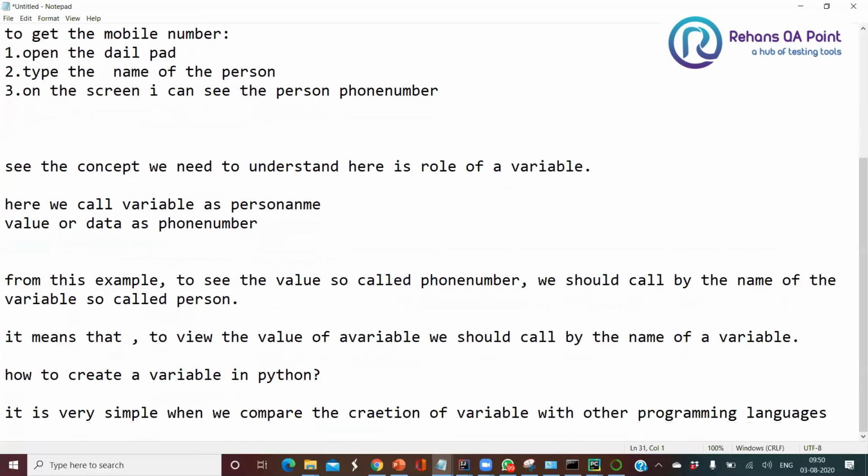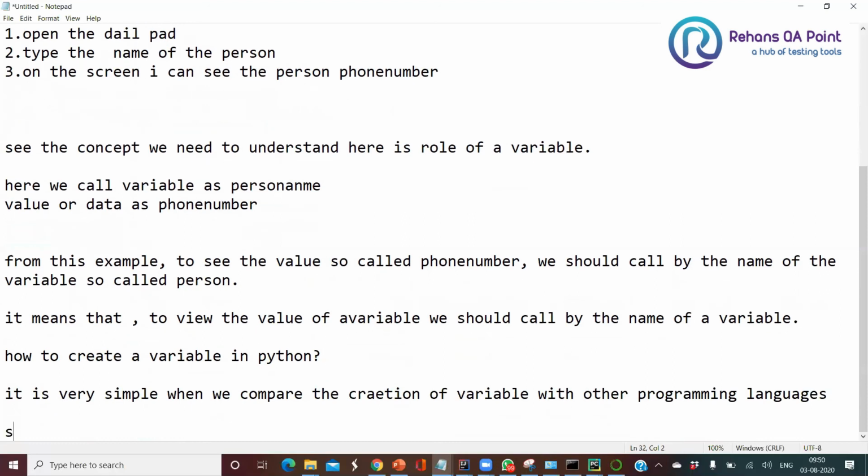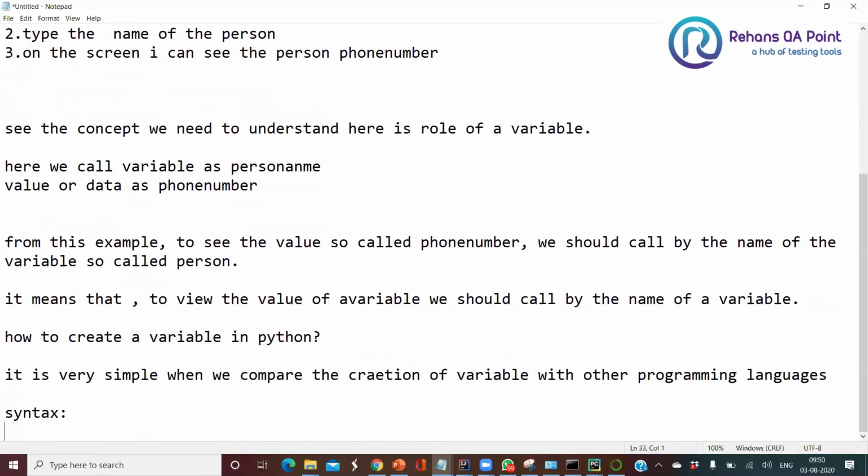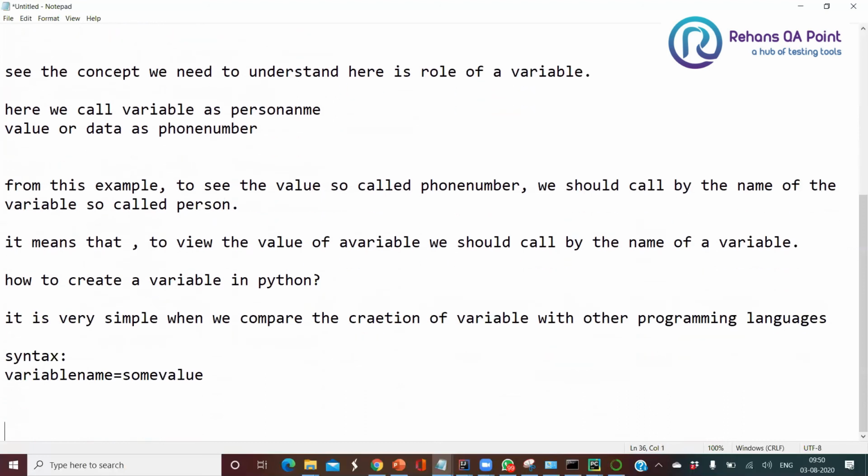So what is the syntax? The syntax is: variable name is equal to some value.